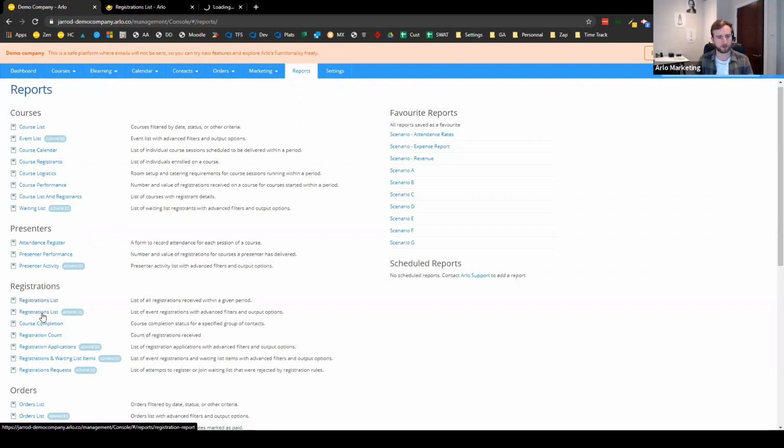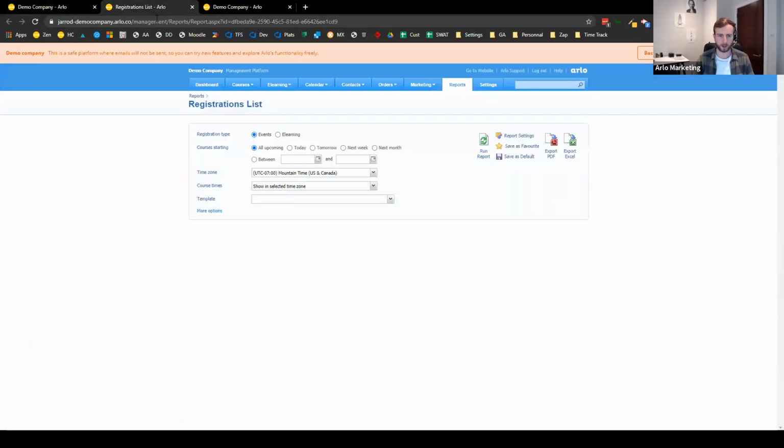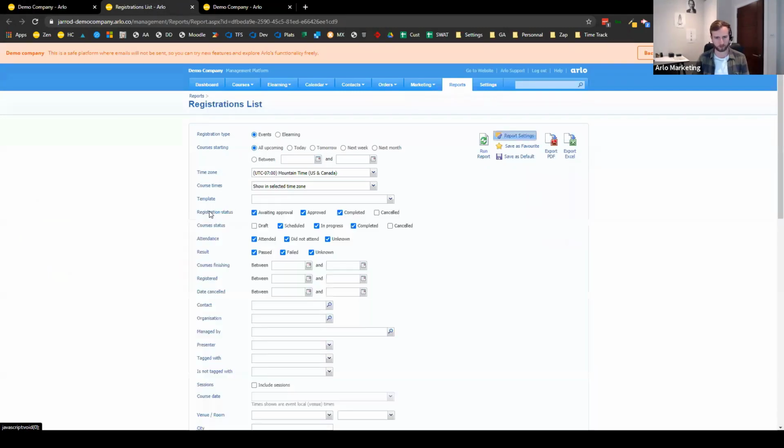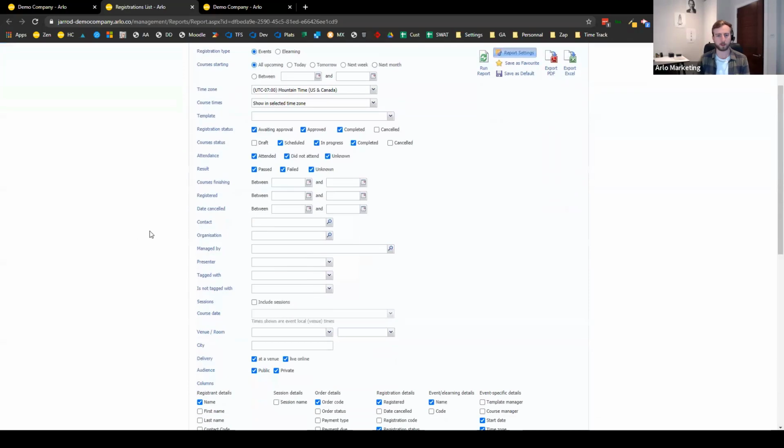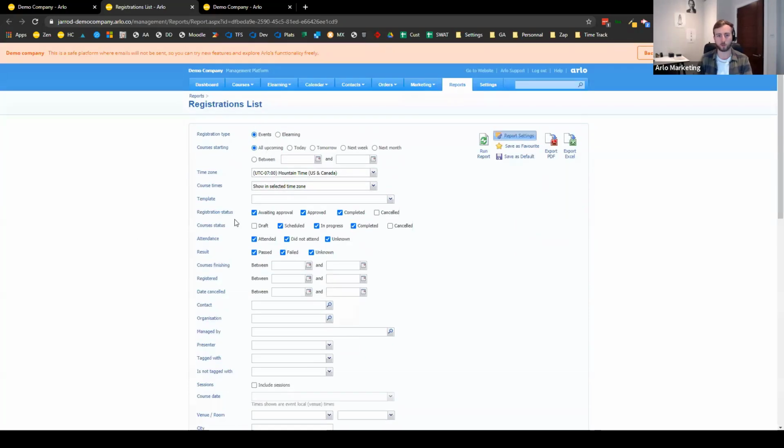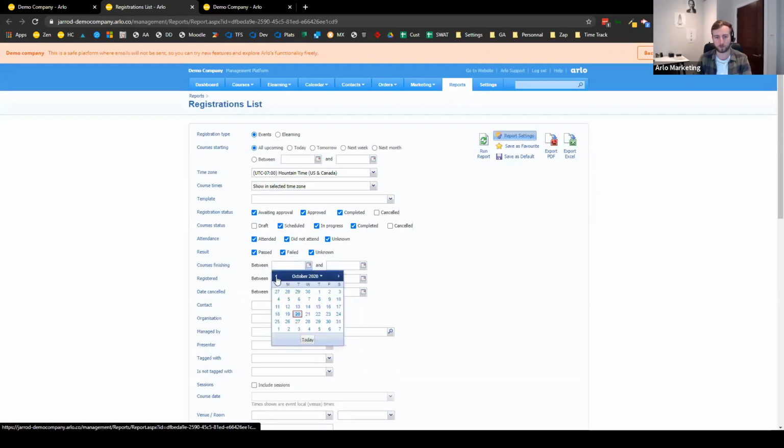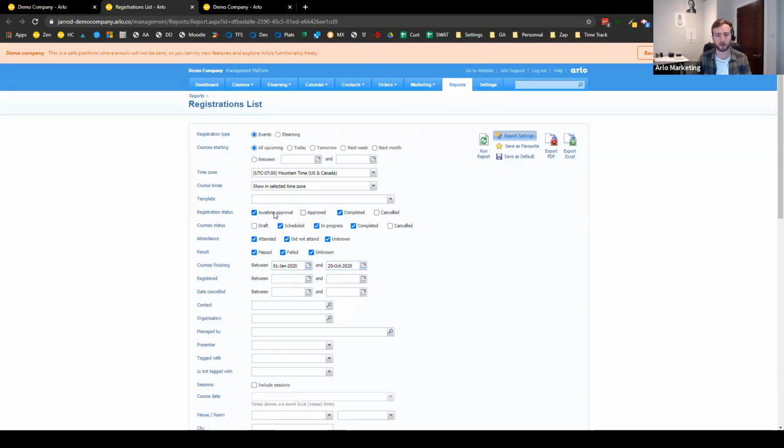So to do this, I want to take a look at an example. Let's pretend that we need to run a report on registrations that were completed within a certain period, and they belong to the membership of your organization, your training organization. So if we look at the basic registration list report, we can see that we could specify a time period. So we could say that all courses that finished, let's say within the last year, so we can go back to January, or within the year to date, it's here, that's fine,